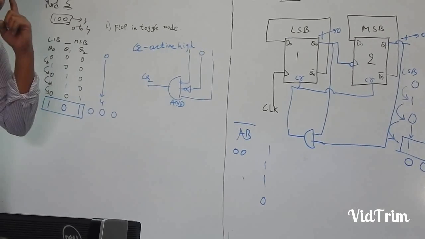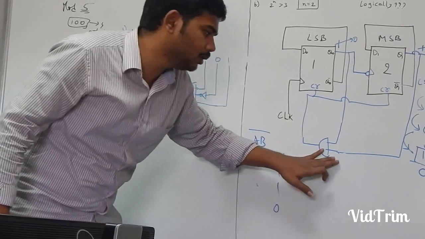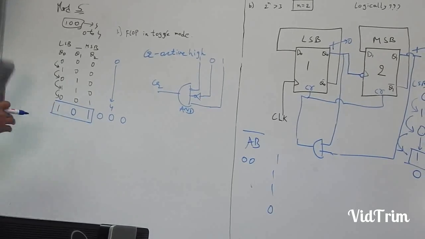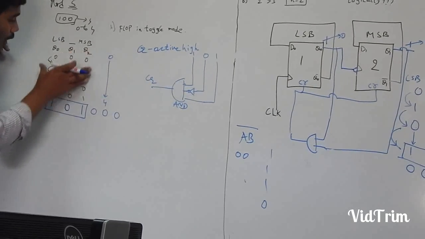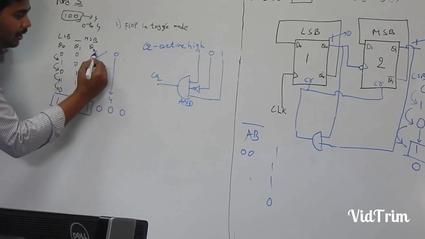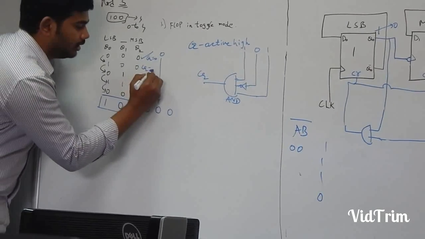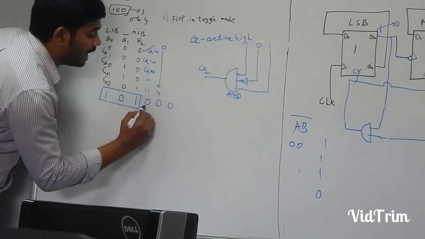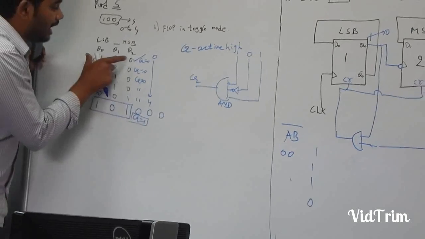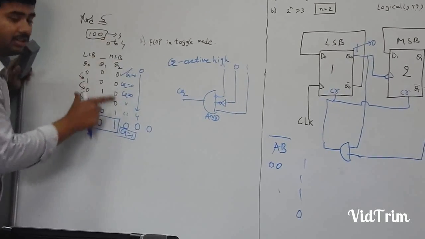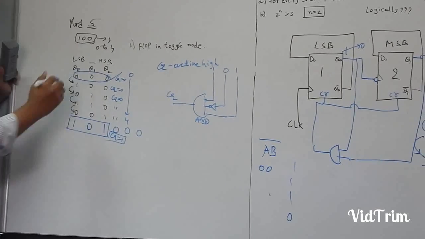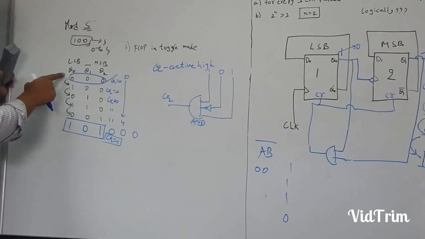So you should think in some way. Here both are 1, so there is no chance of using an inverter. Here the middle bit is 0, so obviously I need an inverter. This should satisfy all the above conditions. It's not that only one condition matters. For the other conditions, clear should be 0, and in this case only clear should be 1. That is the best design. It's not that in every single state clear should be 0, or in every state clear should be 1. If it is cleared every time, the flip-flop will be in this state only. Agreed? Yes or no?